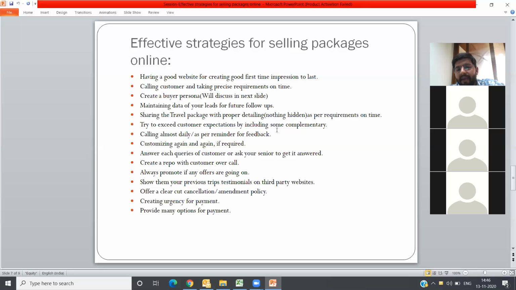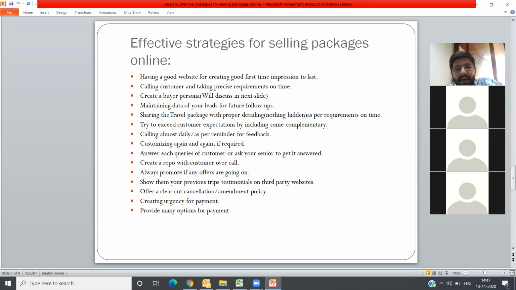You can drop a message over WhatsApp. This is one of the easiest communication methods, but calling is the most important, because once you develop the physical contact, only then will the customer come back to you. If you don't have the physical contact, the customer will surely not come back for just the quotation sent over WhatsApp.